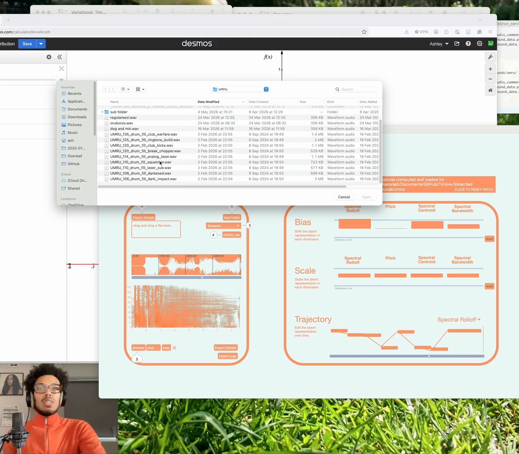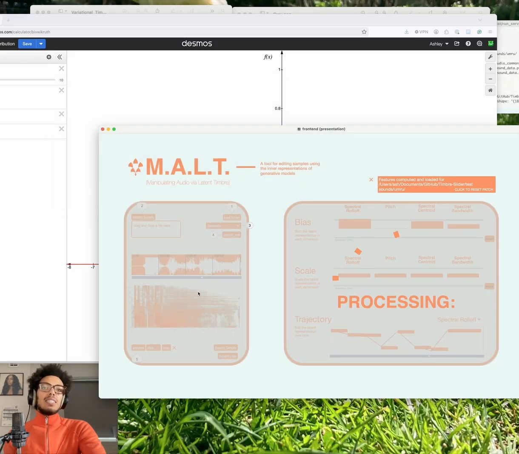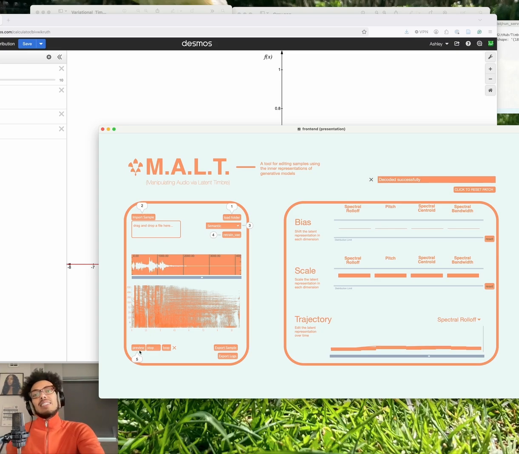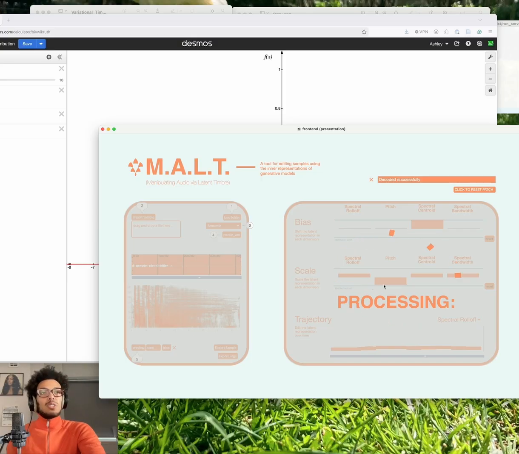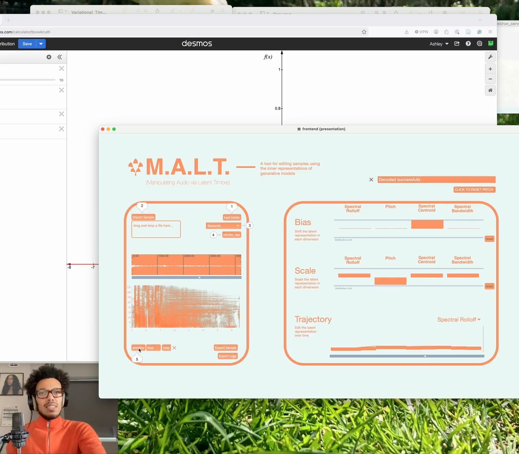So I like these umru sounds. They've been kind of fun to play with. They're sort of crazy. So you've got this laser sound. I load that in. This strange laser sound. Then I can mess with how the pitch responds and the spectral, and get these really strange textures. So yeah, that's the hope.